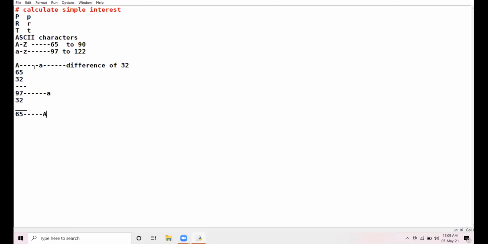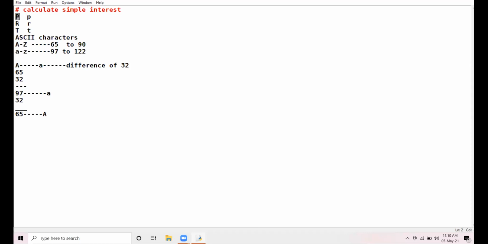So on the basis of these ASCII codes, you can clearly make out that the use of lowercase and the use of uppercase is entirely different. Capital A, B, C is known as uppercase letters. Small a to z is known as lowercase letters. Right? So be very careful while you are using the variables.